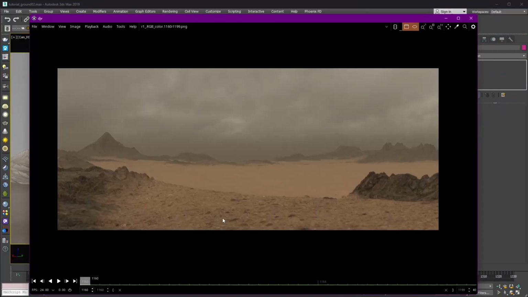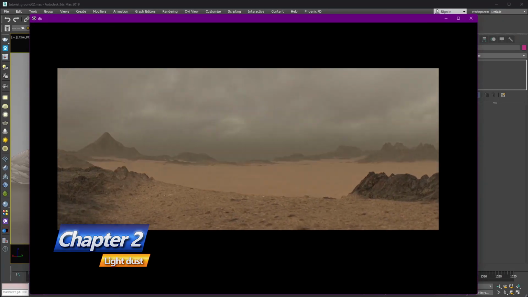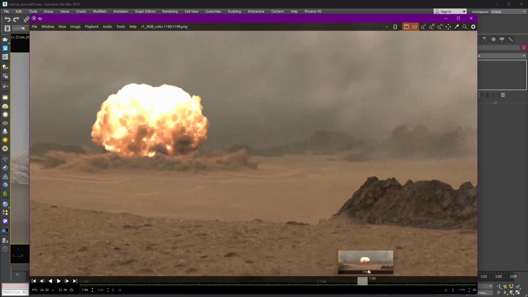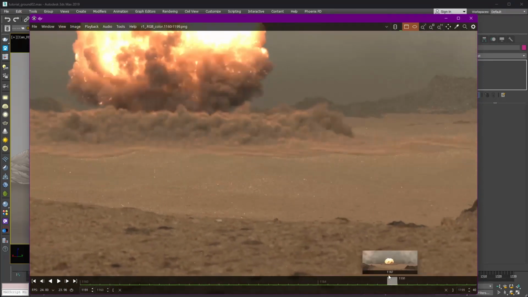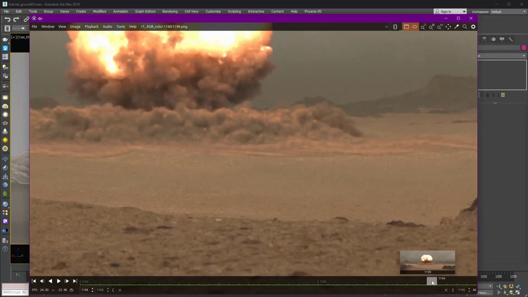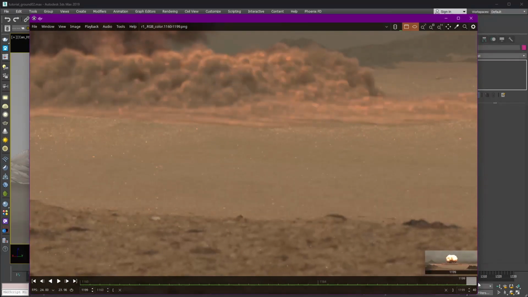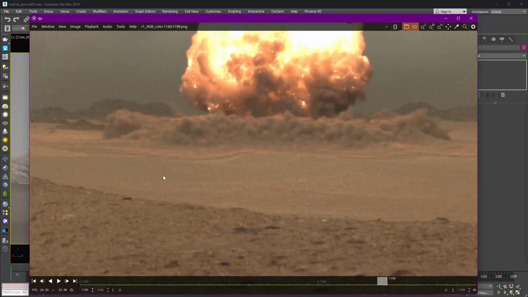Chapter number 2, and here we will do the light dust effect. Probably the most difficult in this project. Now you're watching the test render of the current version of our scene, and as you see, this wave over the ground is the result of our displace,